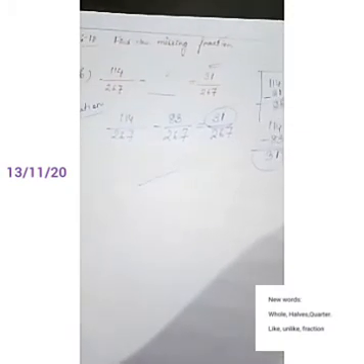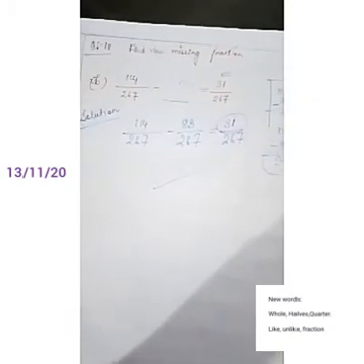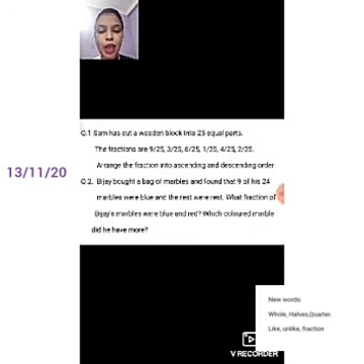Okay children, so these are the questions from the practice questions of the workbook. In the next class we will be doing the remaining part of the questions. Out of all the topics that we have discussed today, I have taken 2 questions. Okay, I have made 2 questions, and these 2 questions you have to do by yourself. Okay, let me read out the question. The first question is, Sam has cut a wooden block into 25 equal parts. The fractions are 9 by 25, 3 by 25, 6, 1, 4 and 2 out of 25. Okay, now you have to arrange the fractions in ascending and descending order.